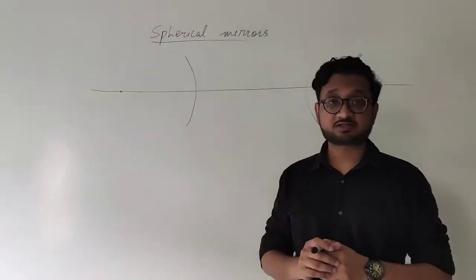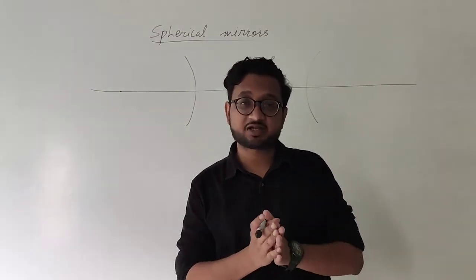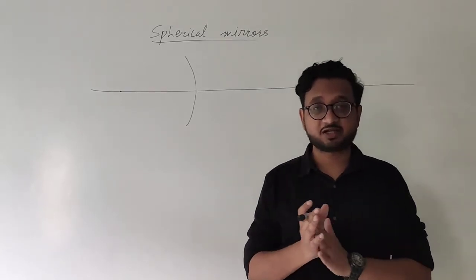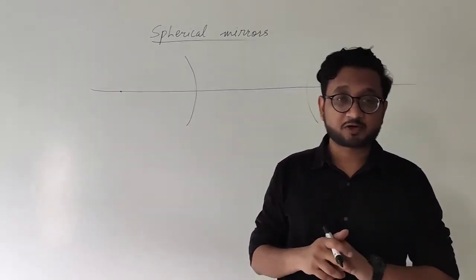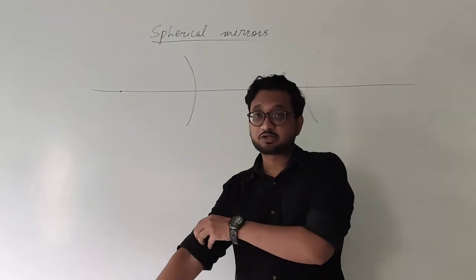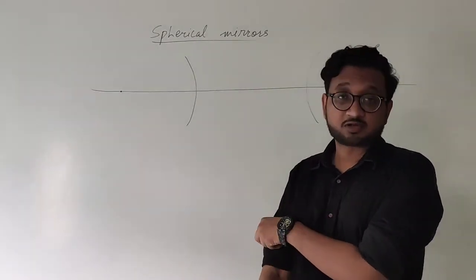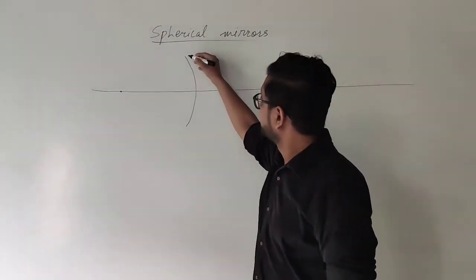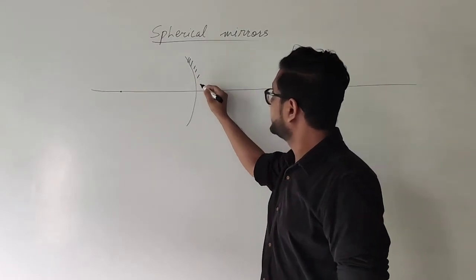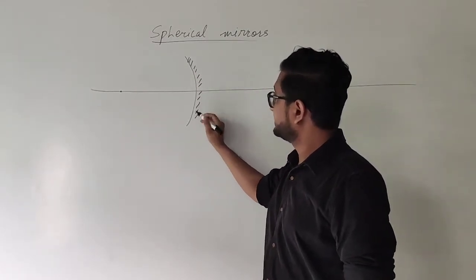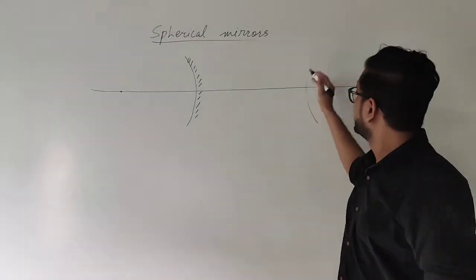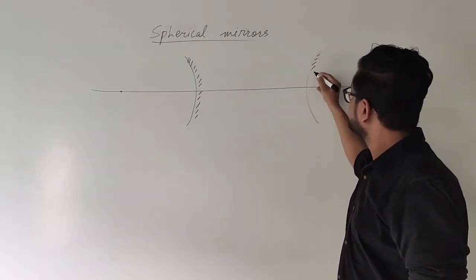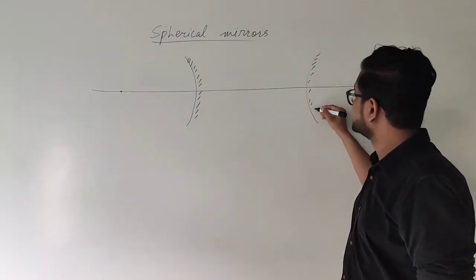And today we are studying a bit further, but let's once again revise the previous topics that we studied in the last video, which are quite important for this one as well. So let's recall them one by one. We studied about spherical mirrors. We have two types of spherical mirrors: concave mirror, in which the shiny surface is curved inwards, and convex mirror, in which the shiny surface is curved outwards.